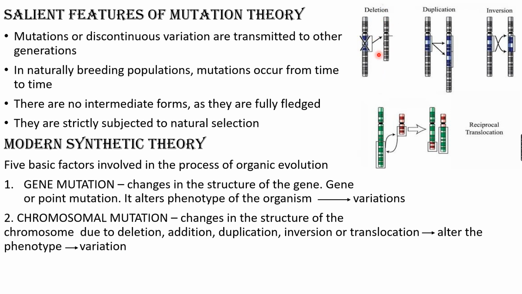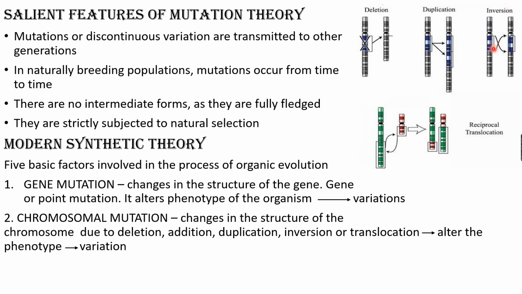So first one, deletion. So this is the chromosomal part, and this particular part of the chromosome is deleted, removed. Then it is called deletion. So the size will be reduced, the chromosome size. And what is duplication? This particular portion of the chromosome is repeated again. If A, B, C genes are here, once again the same particular part of the chromosome is repeated. So it's called duplication. Now what is inversion?